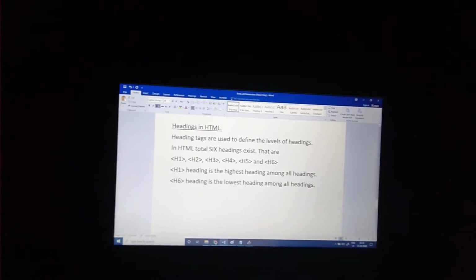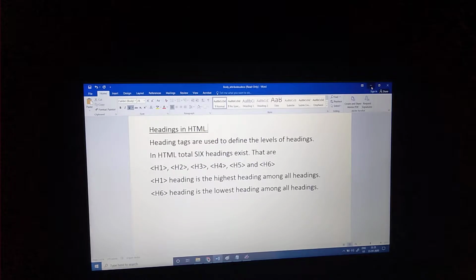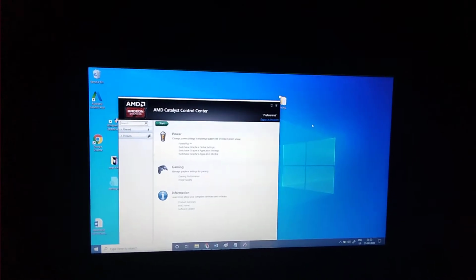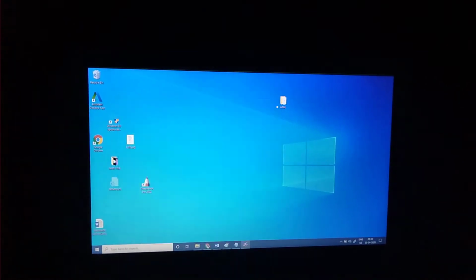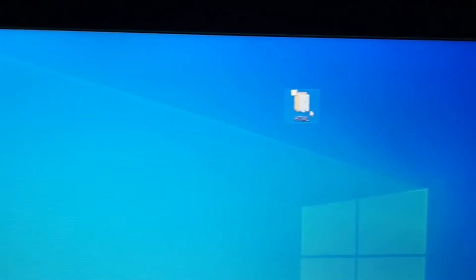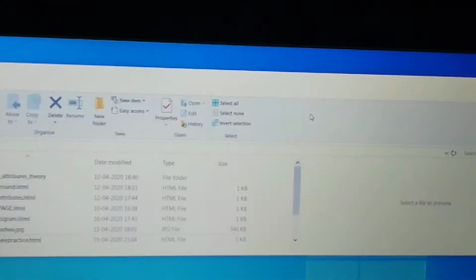Now we will make one program on this, then we will realize what exactly the headings are. So I minimize this first of all. To make the headings, we are going to the folder. I made one folder over here. In that folder, look carefully, I gave it the name HTML, so just double click on it.